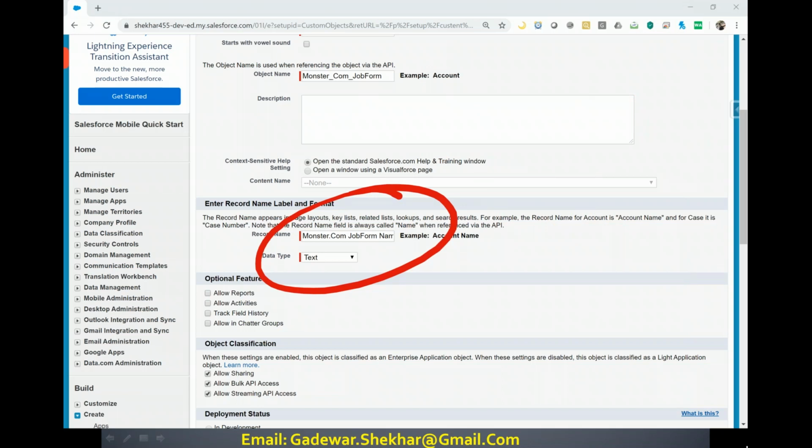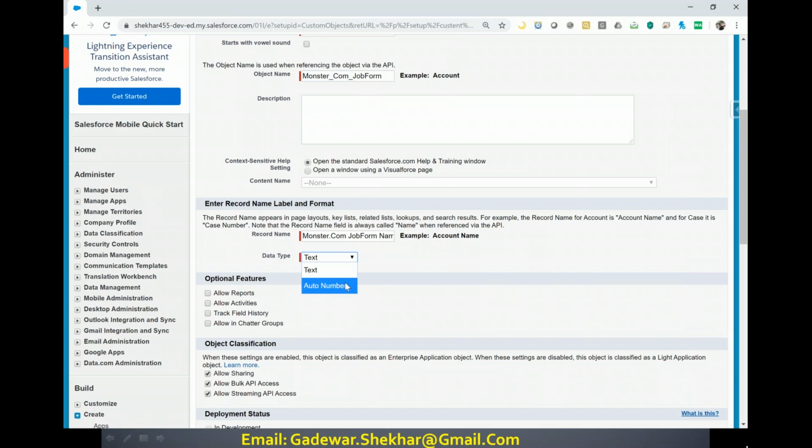Okay, so we have two options in this case, text and auto number. If you select text or auto number, what will happen? If you select text, then Salesforce will say to you, Shekhar, that first column, entering the data in the first column, and also entering the unique value in the first column is your responsibility. I am going to do nothing in this case. So Salesforce will do nothing. We have to take care of all these things, and that's why customers mostly don't like the first option. If you go for the second option,